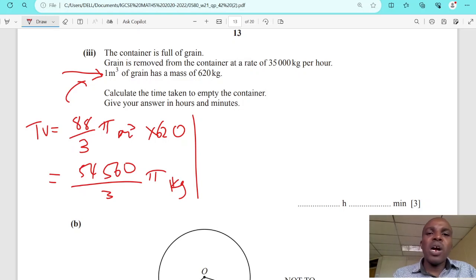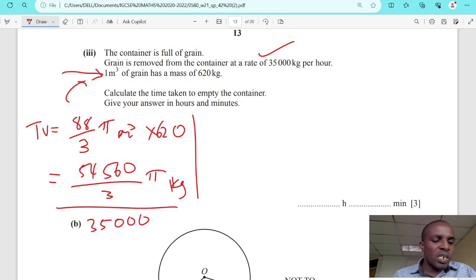Then grain is removed. Now we go back to this part. Grain is removed from the container at a rate of 35,000 per hour. Per each hour is 35,000 kg, right? How long will it take to remove these items now? So you divide this answer by 35,000. You get 1.632